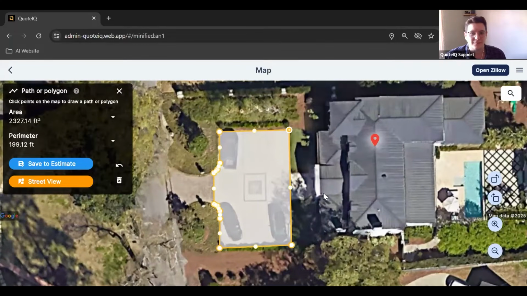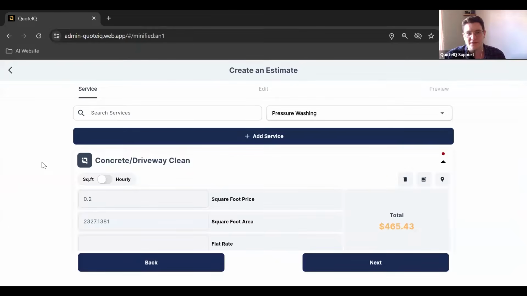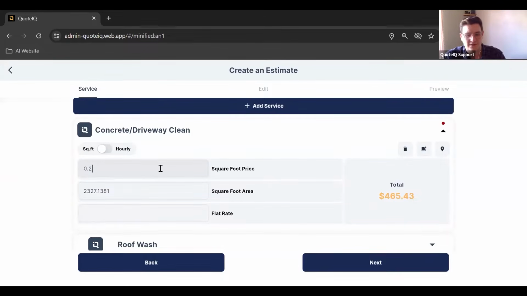But either way, once I'm done, I have my section there. It'll give me my square foot area on the left. So then I can simply at this point hit save to estimate. That builds it in with my square foot price. And then I can always make any edits here, maybe tweaking that square foot price a little bit,